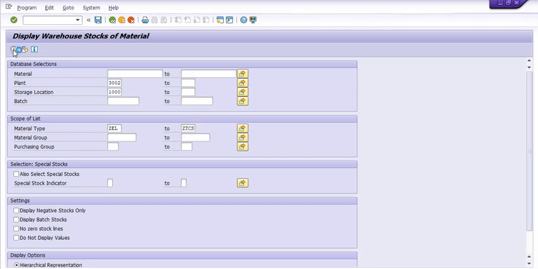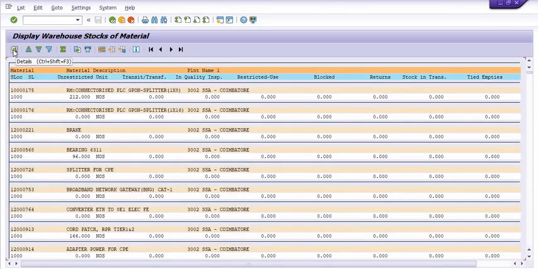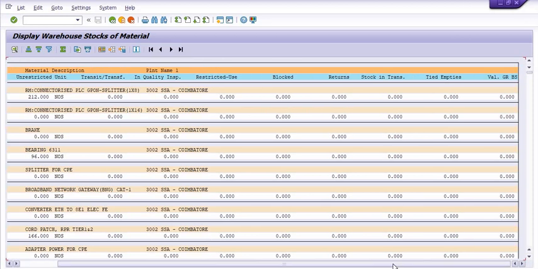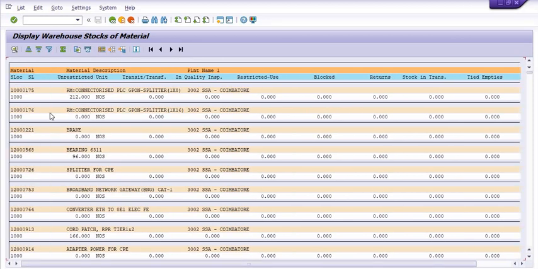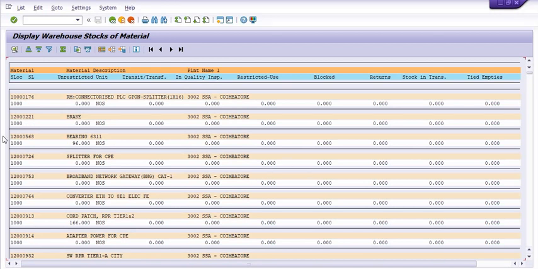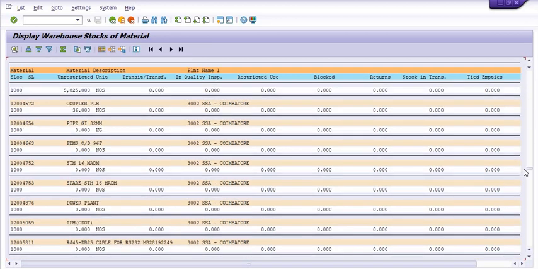The system will give the actual status of the current warehouse stock. See, such types of stock are available in our store. For example, for this material code, 212 quantities are there, and the bearing quantities are there. All the materials which are available in our store are reflected here.